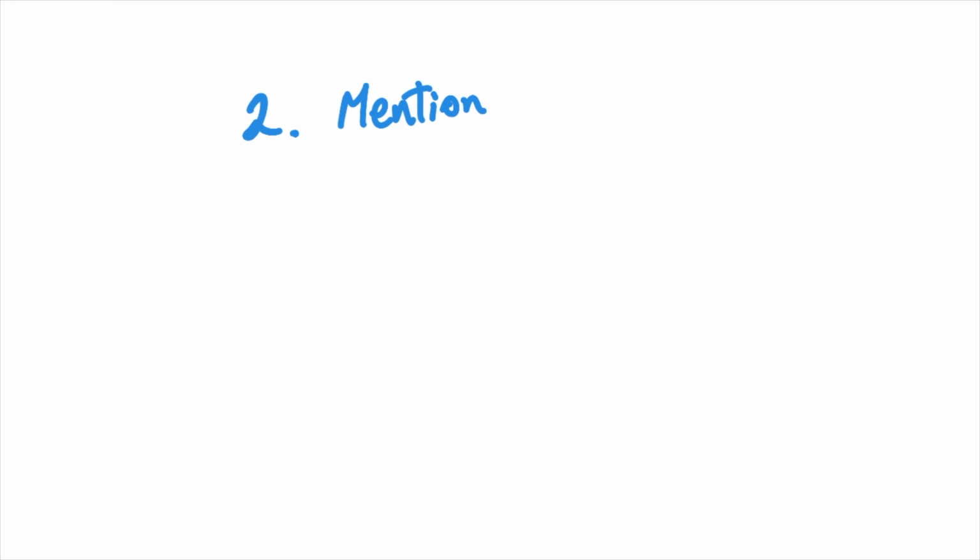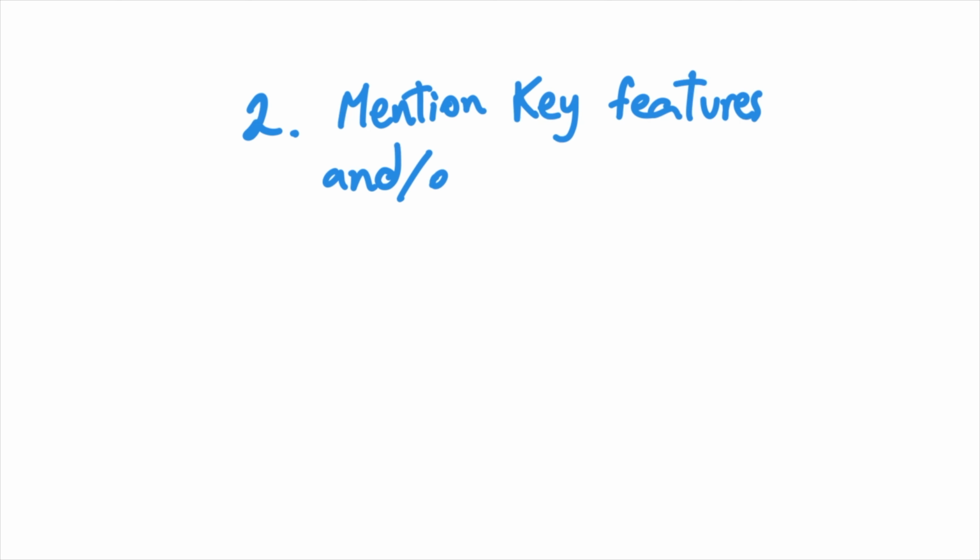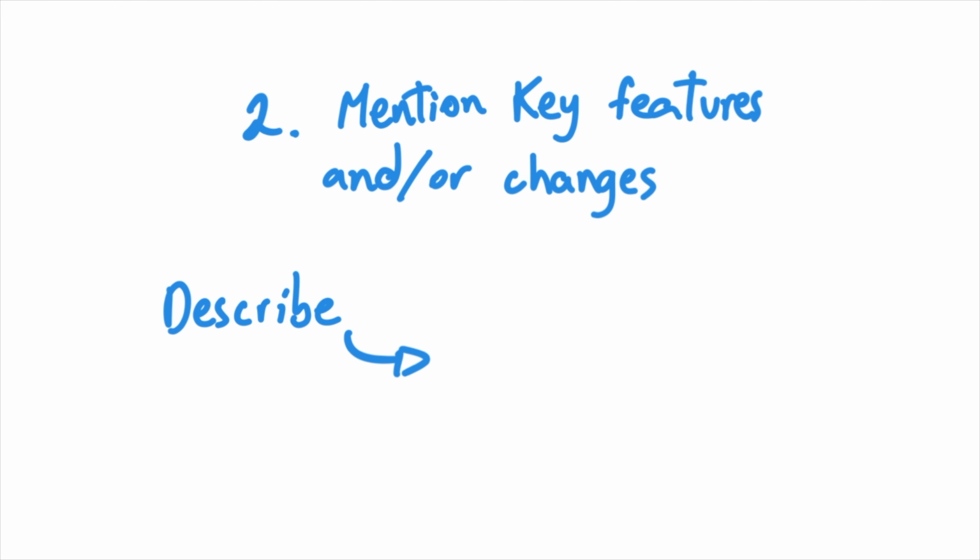The second tip is related to the first one, and it has to do with mentioning key features or changes. This will also depend on the type of picture. What we want to do here is focus the attention to those important things that we can talk about or that maybe we can explain more. This would obviously depend on each image, but let's say as a general rule, you would be looking at probably the highest amount or like the smallest amount on a bar chart, or like probably the most notable change on an image like the one we had a look before of the park,